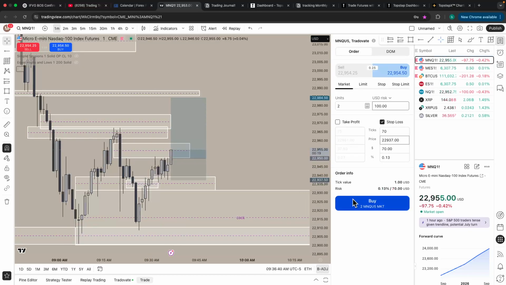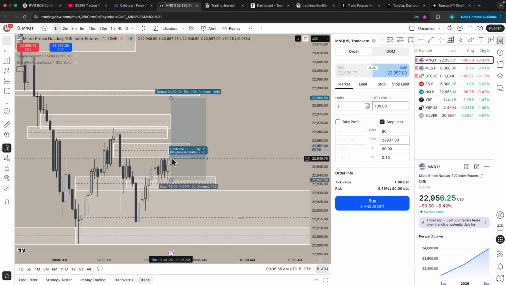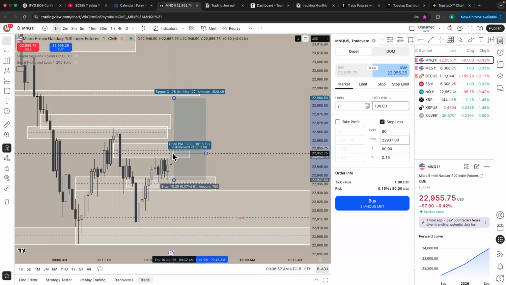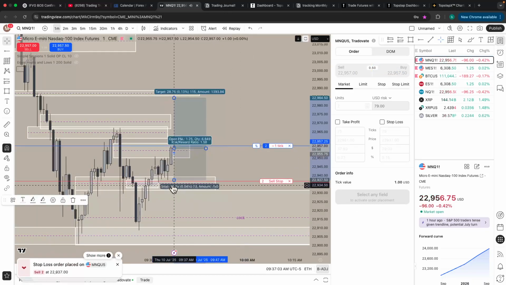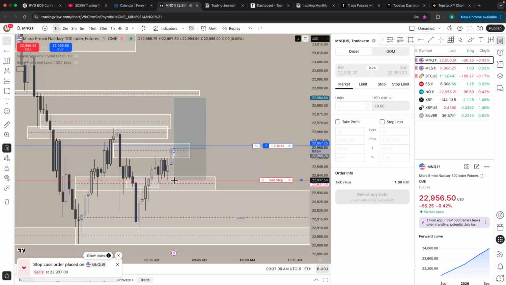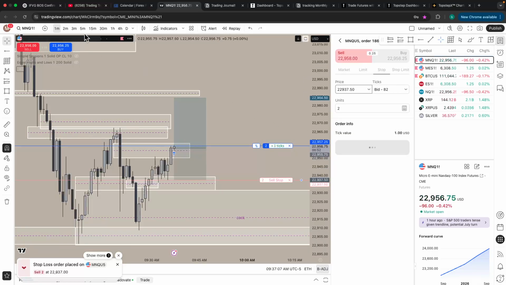Please don't push super. Oh, it's pushing past it. Come back down a little, bro. I want to enter on the candle close. Wow, this is not going to give me that entry. All right, we got the break. That's a shitty entry, but it's okay. All right, let's target.